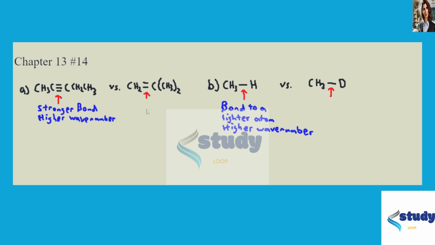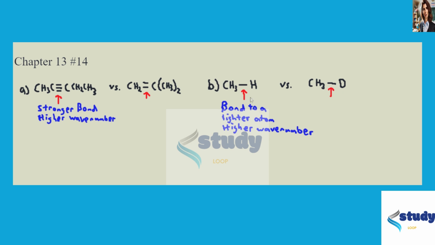And so for A, it's pretty straightforward. Remember that the stronger the bond, the higher the wave number. A triple bond, as we know, is significantly stronger than a double bond. And so we're comparing a triple bond and a double bond. The stronger bond is going to have a higher wave number. And so that's the answer for A. It's pretty straightforward. So for B, remember that a bond to a lighter atom is also going to correspond to